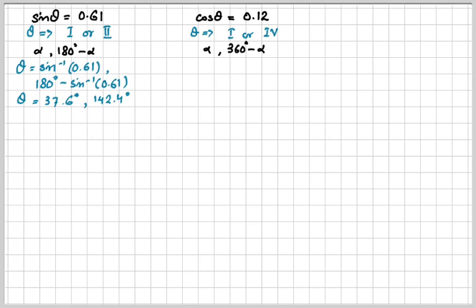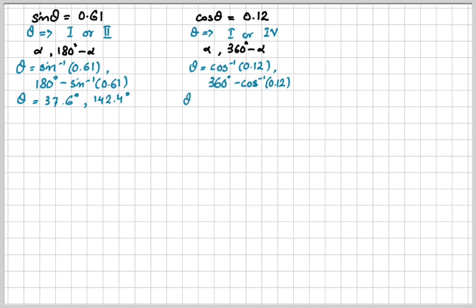So we should be calculating theta equals cos inverse of 0.12, and the second angle should be 360 minus cos inverse of 0.12. So now using the calculator,